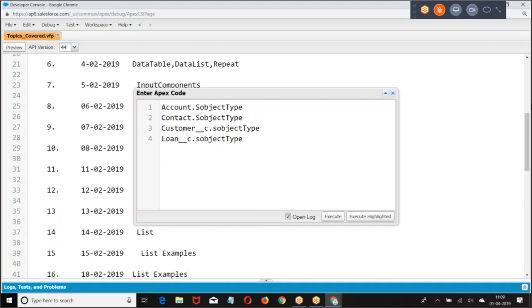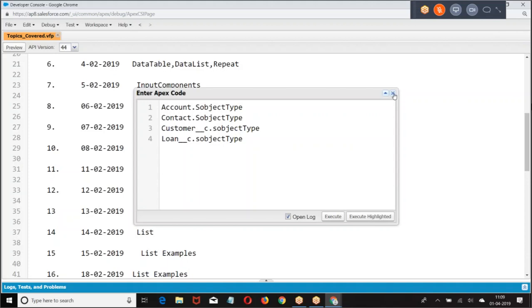We are referring to the particular sObject: Object.sObjectType, Contact.sObjectType, Customer.sObjectType, Loan.sObjectType. We are referring to the corresponding formats. I hope you are good with this. It is specifying which type of sObject this is.